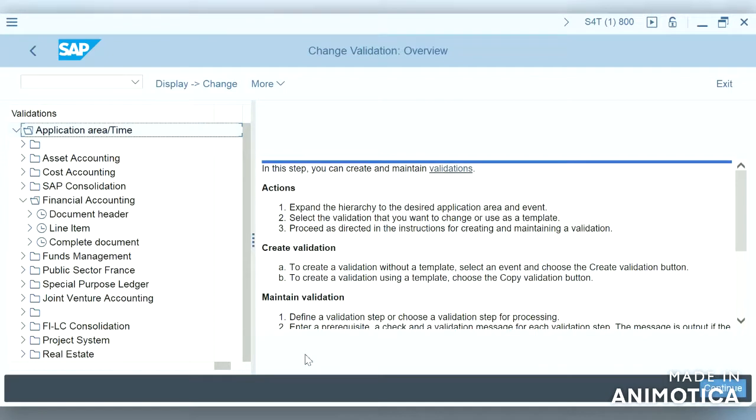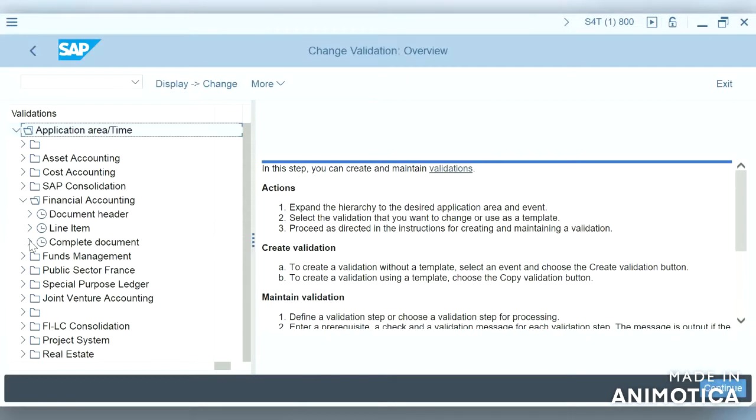Here we need to clearly understand, before creating the validation, what is the actual requirement from the client. So what actually are the main fields the client is asking to validate, and we need to figure out whether those fields are available in document header or at line item level, or do we need to use both the combinations, document header and line item both.